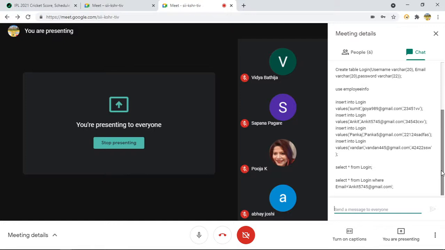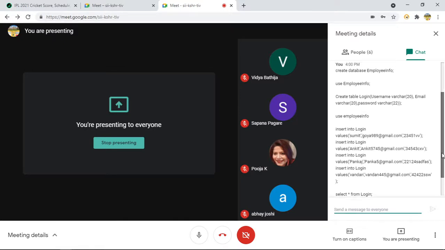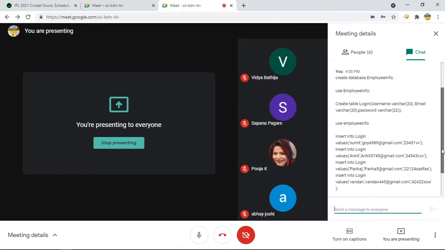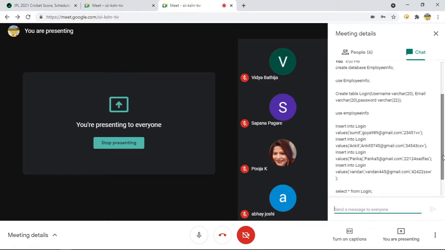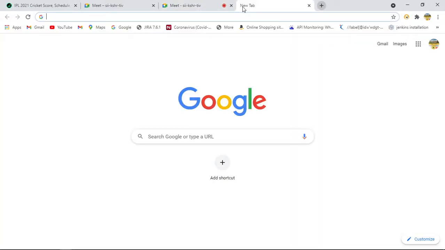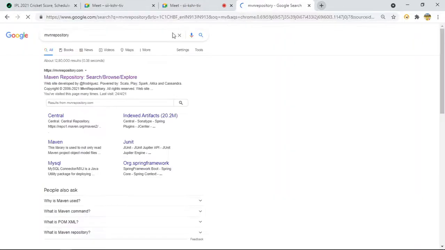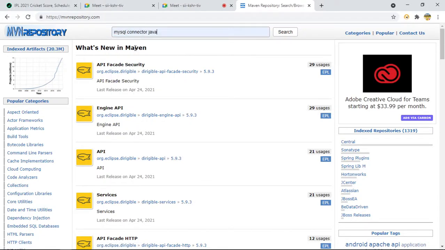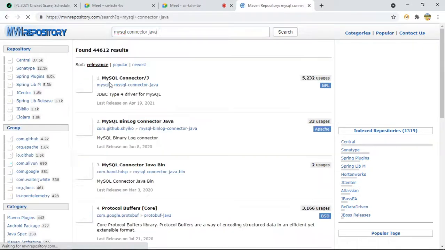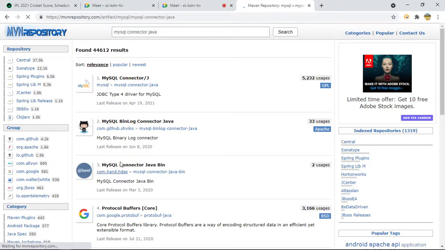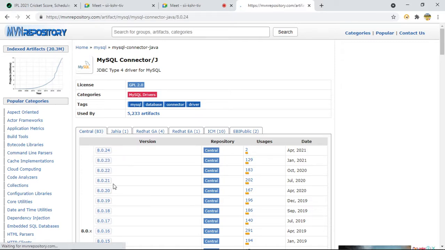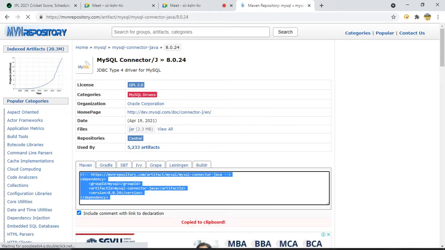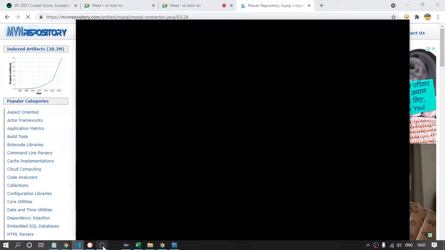So you can copy paste this code so that you do not have to do hard work in writing the query, because here our agenda is to understand how we can get the data from the database. So for the database as well, we have to get one dependency from this website. The dependency name is MySQL Connector Java. This is the dependency name. So copy this first one, go to the latest version, copy this,